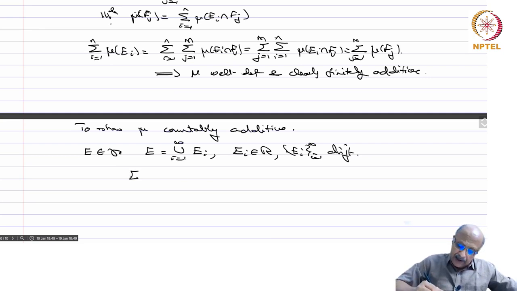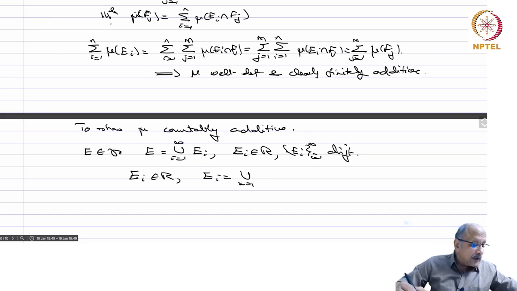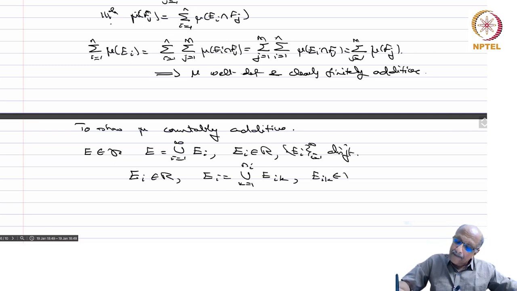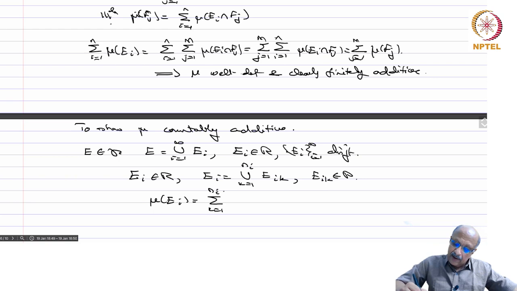So each Ei belongs to R. So Ei equals the union over k equals 1 to Ni of Eik, with Eik in P. And mu of Ei is equal to the sum over k equals 1 to Ni of mu of Eik, by definition. Okay. So now